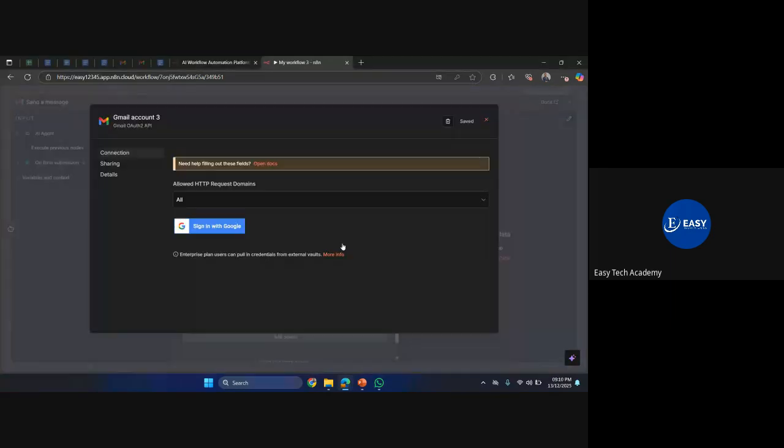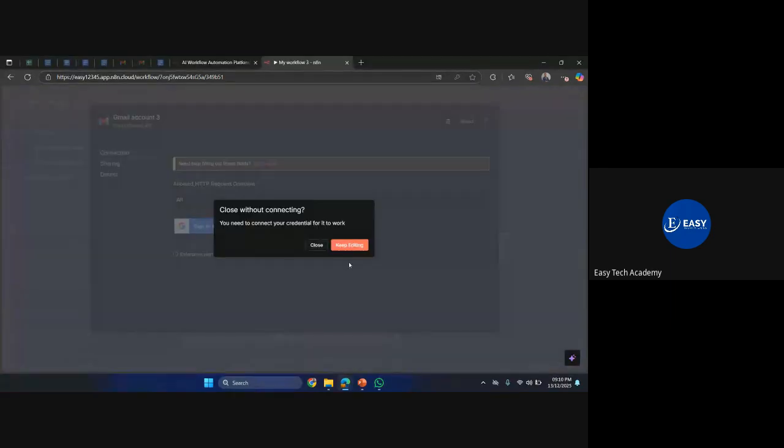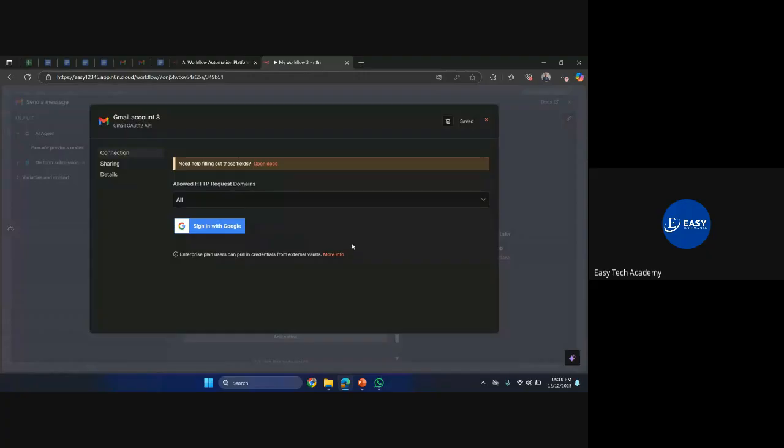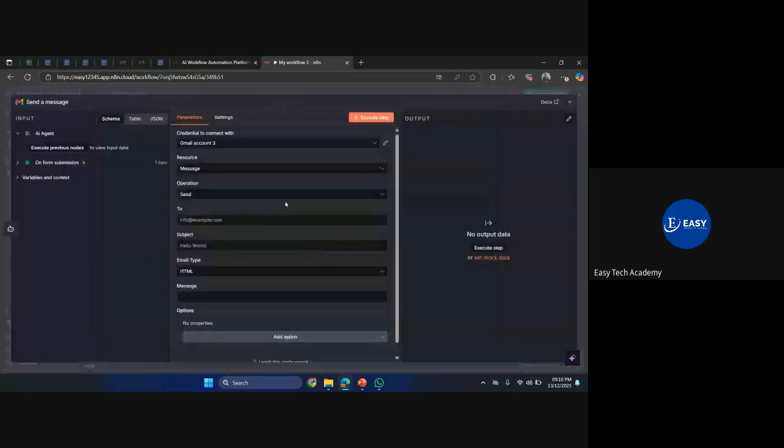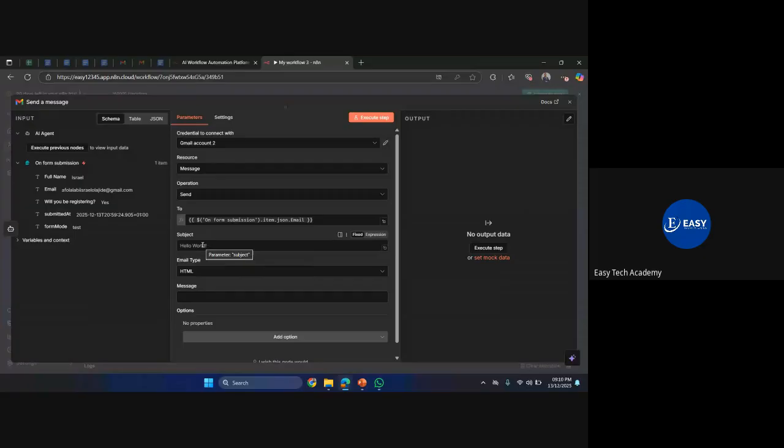You connect that, and then you have something like this. You can use it. Then what do you want to do? You want to send a message. That's the operation, right? To which email? Then you can come to your form and then drag your email into this. Then the subject of your email, you can say